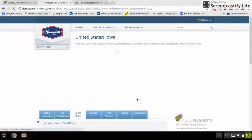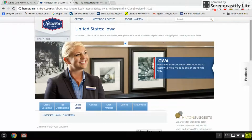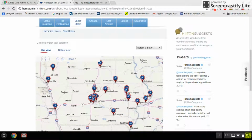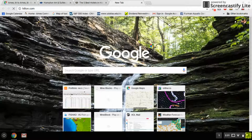One of the ways I chose those towns was to first look and see if there were convenient ones that would match up to whatever my favorite loyalty program is. So I look, and do they have one in Iowa and Sioux City? Oh, they do. Okay, so that's great. So after that, what I want to do is go to their website, Hilton.com, and then